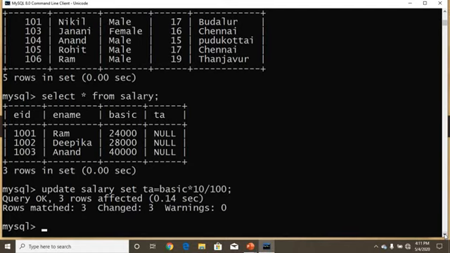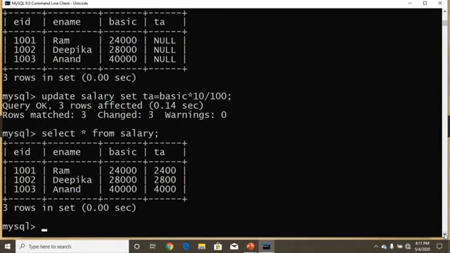Query OK. 3 rows matched. Now check the table. Select star from salary, end with semicolon. It automatically calculated the TA. Okay. Now I am going to add one more column, PF.